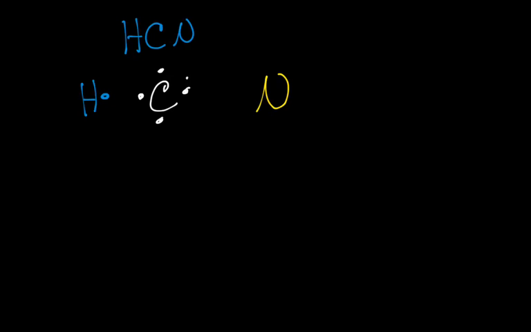All right, let's draw the Lewis dot structure for HCN. So what was the first step? First step is to write the Lewis dot symbol for each of the atoms in the molecule. So H has 1 valence electron. C has 4 valence electrons. And last we have N, which has